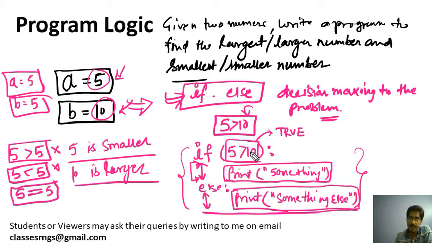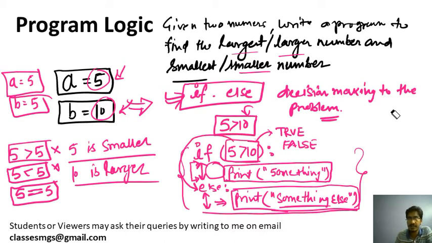For this condition, 5 is greater than 10, is the condition true or false? It is false. So which statement should execute? This block should not be executed, because it is under the if condition and is executed only if the value is true. This is false, hence it will jump to the else part and execute that statement. So the output will be print something else. This should be very clear to you. If you know this, then only you will be able to tell whether one number is smaller or larger than some other number. Okay, I hope this concept is clear.